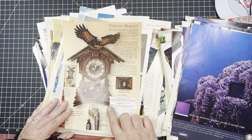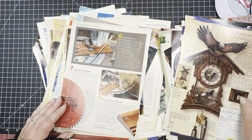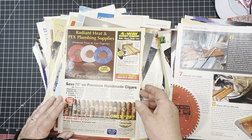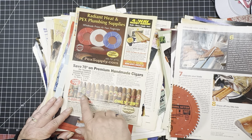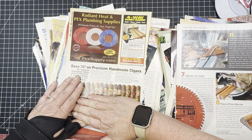This is a beautiful clock. I hate that part of it's cut off, but you could always overlap something, so it's going in fussy cuts. I like this little saw blade. Here's more cigars. I was just intrigued by the cigars. I'd have to cut off the words, but I thought that would be a neat border on a